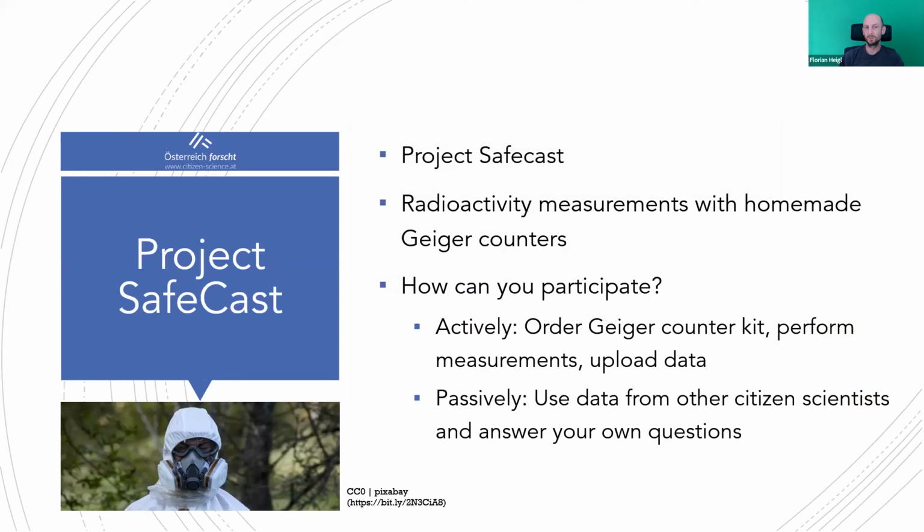Back then, it was not possible for the local population to obtain reliable data on radiation exposure. Both the Japanese government and also the operating company TEPCO did not release any data, and people were naturally frightened. So 3 people then started the project Safecast, in which they built simple Geiger counters by themselves, put the plans